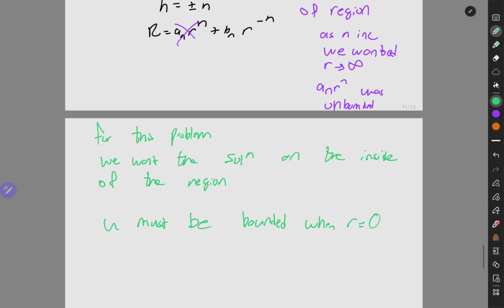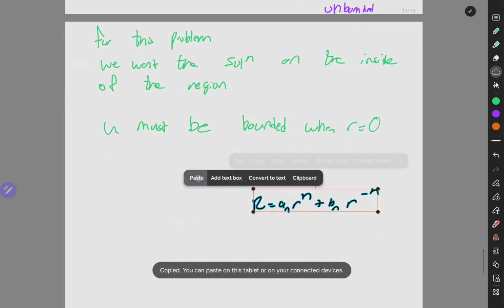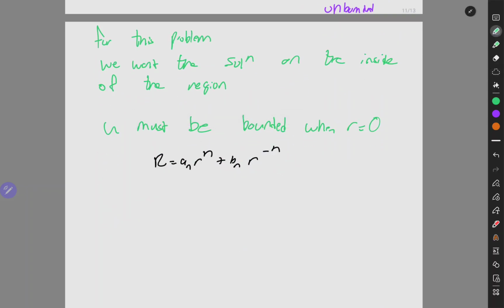So that tells us if r is 0, you can look up here. I'm just going to copy this down. This term, I'm going to write it like this. This term